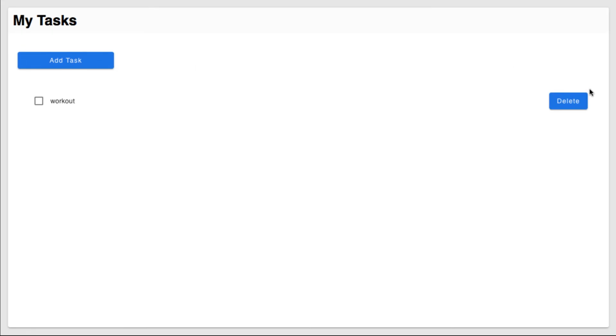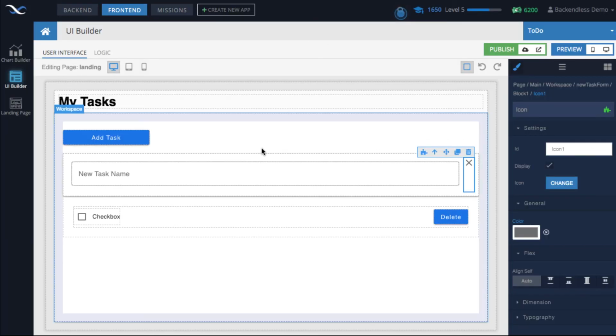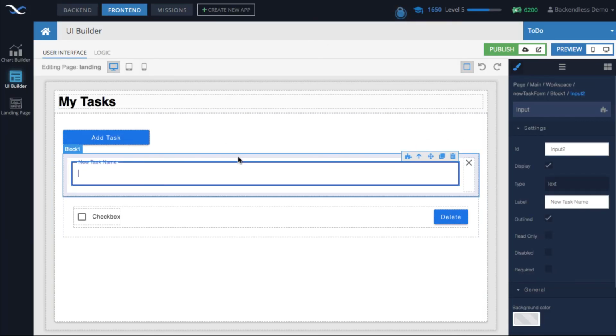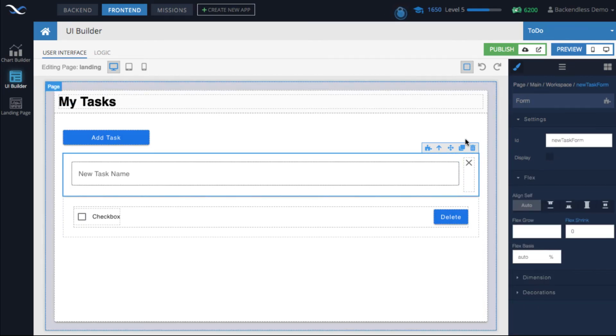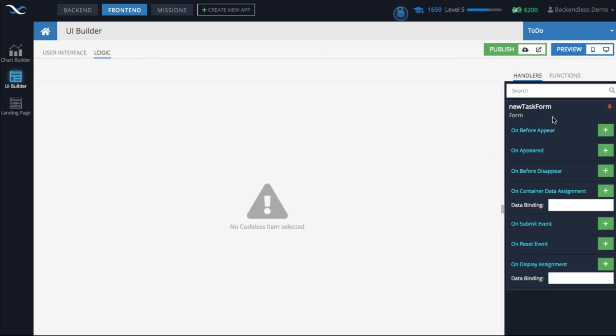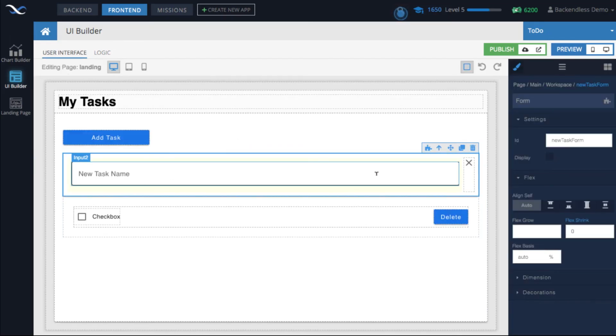So the only thing that we need to add at this point is the logic of when the form is submitted. Okay, before we get to this part of the logic on submission of the form, which will be like, for instance, I selected the form, go to Codeless, and on the form there is an onSubmit event. But before we get there, there is going to be a very important step.